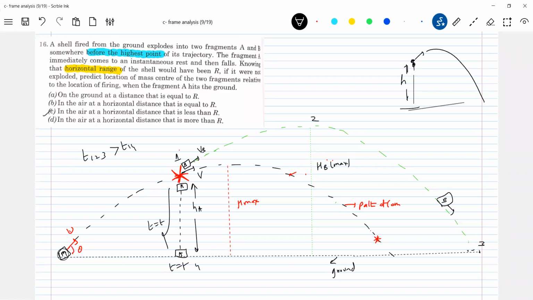Now look at this. This should be the range, no? This should be the range. It's a very good problem where there's a range. And look at the center of mass. It is at a distance less than the range, no? So on the ground at a distance equal to R, ruled out. In the air at a distance equal to R, no. In the air at a distance less than